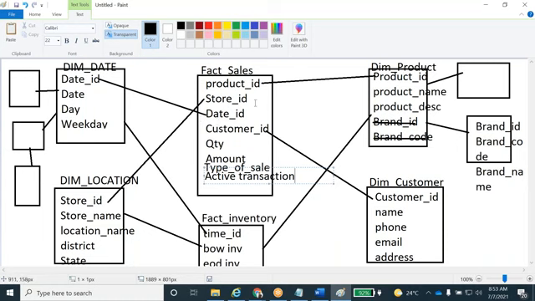Now tell me, what are the fields in the fact table? There will be numerical values, referential keys, and random transactional codes or flags. All these kinds of attributes are stored in the fact table. Along with the numerical data, we store keys as well as some random transactional codes or flags.